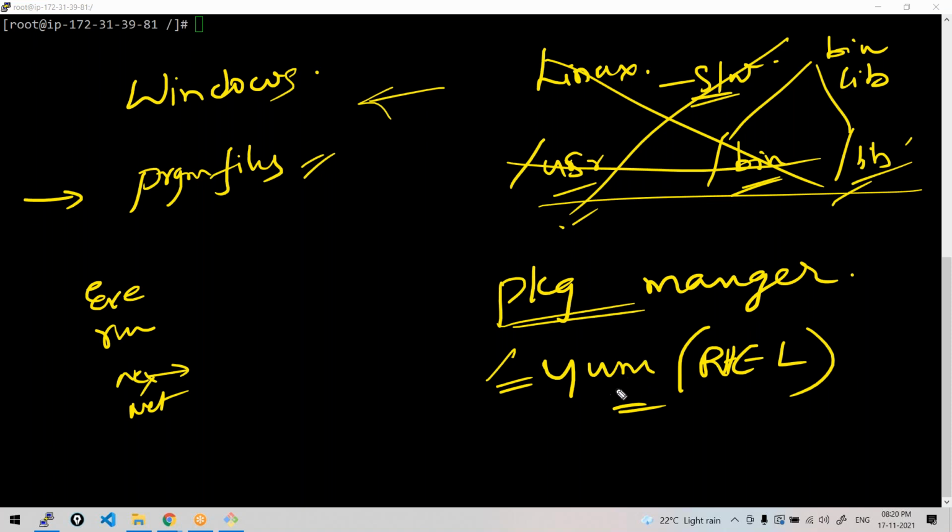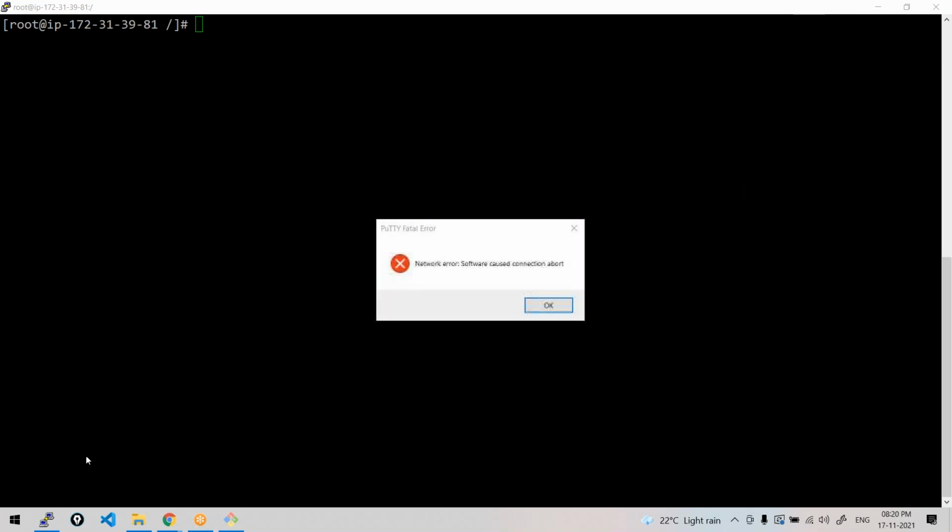Also, let's suppose I'm installing Docker. It may need another software dependency to be installed. Even those dependencies will be taken care of by this package manager. So I'll be installing my software packages on Linux via this package manager. Every system comes by default with a package manager.